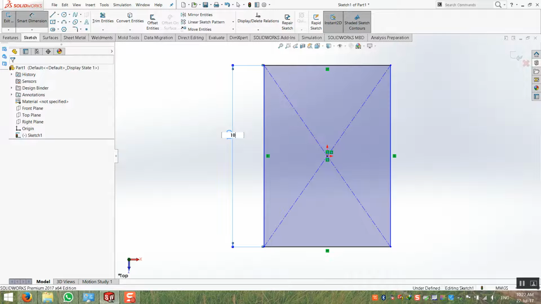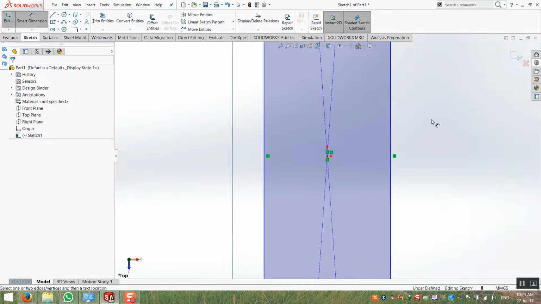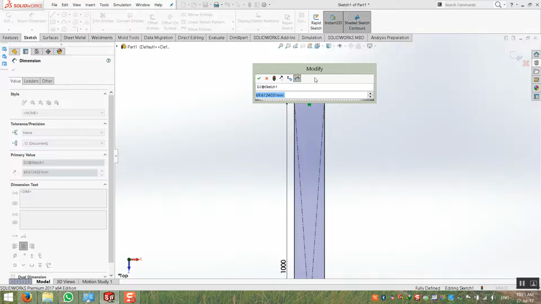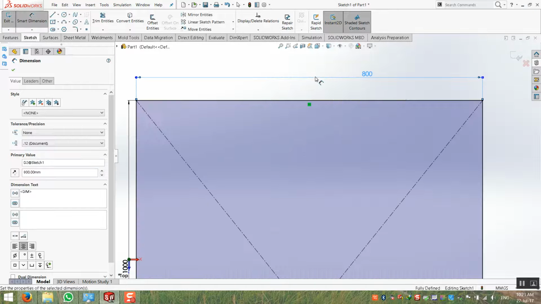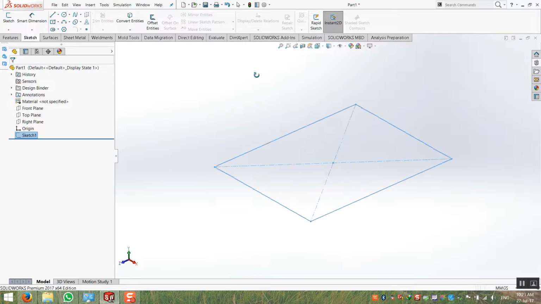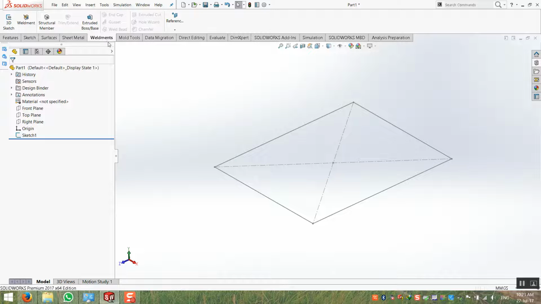Something large, at least 1 meter by... if this is a layout of your structure, you need to make a frame with 4x4 tube, okay, with these dimensions. Weldment, structural member,